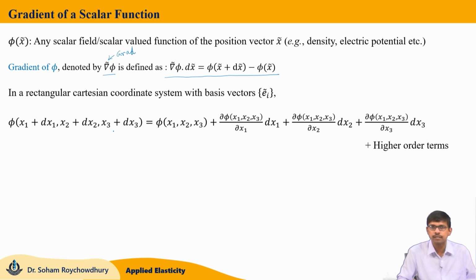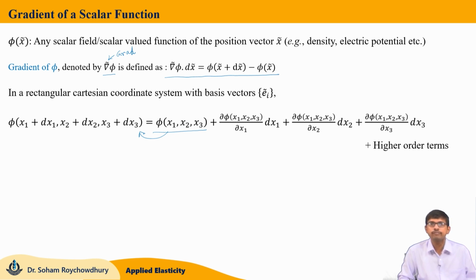3 first order terms, which are the contributions due to change in x1 coordinate, change in x2 coordinate, and change in x3 coordinate respectively, plus there will be a second order term, third order term, and so on, involving dx1 square, dx2 square, dx3 square and all. Now, considering dxi to be small, the higher order terms are neglected, and with that, if we are taking this first term on the right hand side towards left, it will be phi of x